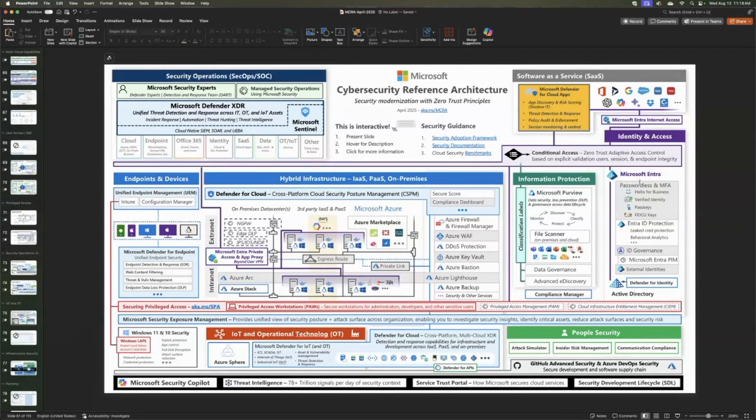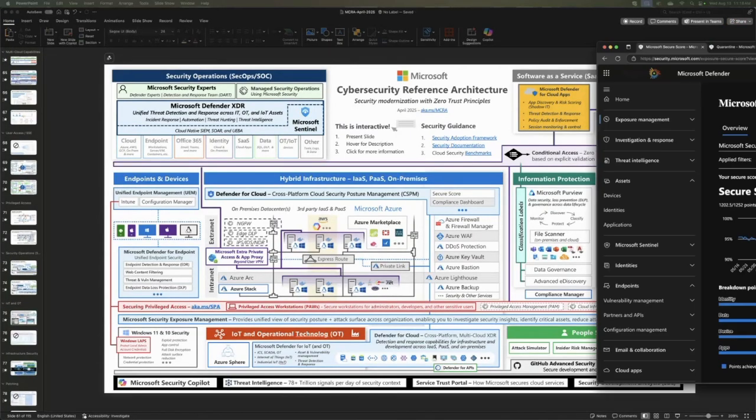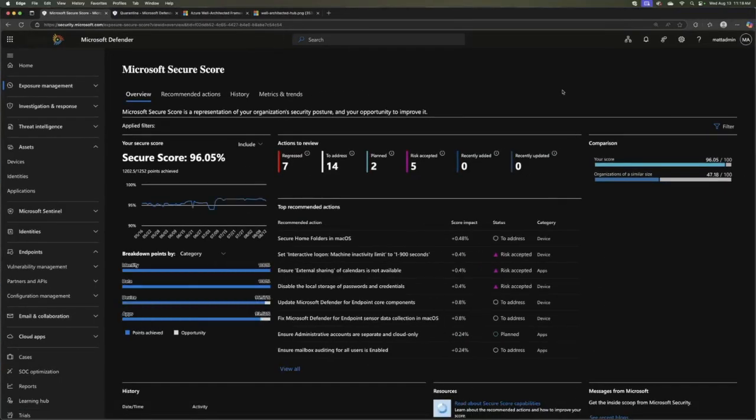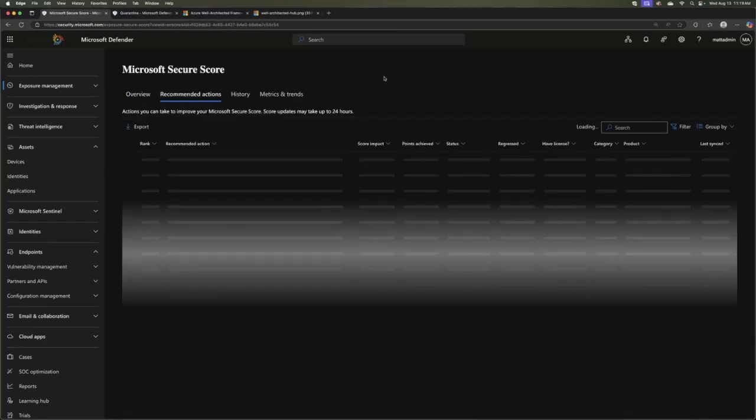Well, that's secure score. And so if we just take a look at our secure score here for just a second, the starting point with this reference architecture is, hey, once we understand what your ideal architecture should be, customer, and we start to put that architecture together, well, let's reference secure score and the recommendations that Microsoft has in secure score as a starting point to get these different security workloads configured.